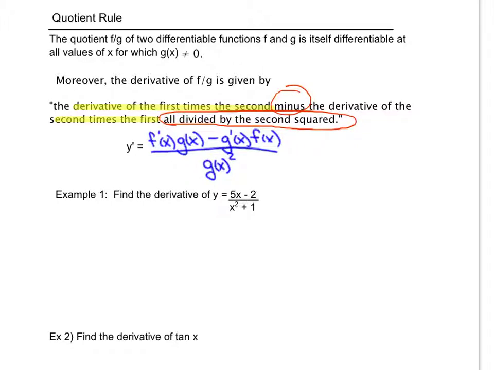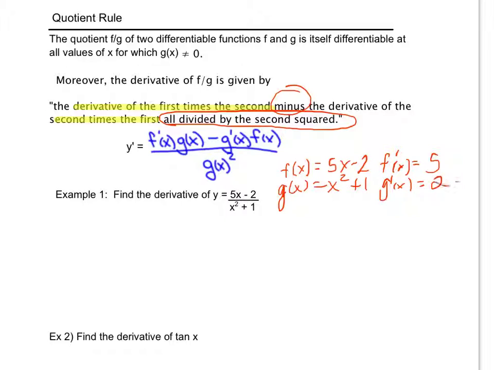So let's look at a couple examples where we use the quotient rule. In the first example, I notice that I have a quotient. I have a linear function on top, a quadratic function on the bottom. So the first thing I'm going to do is label all the parts I need. I need f of x, my first function, or my top function, which is 5x minus 2. I also need the derivative of my top function. Well, the derivative of 5x minus 2 is just 5. I need my bottom function, g of x, x squared plus 1, and